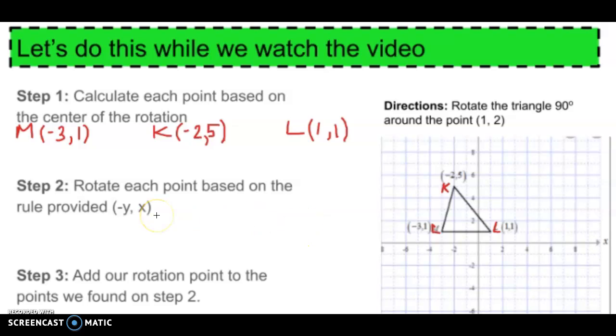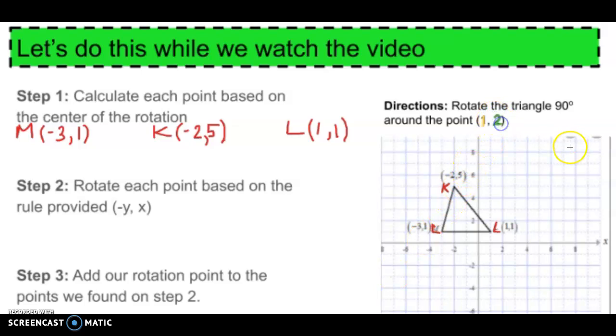All right, so let's look. How do we rotate a triangle 90 degrees counterclockwise around the point 1, 2? The first thing that I'm going to do is I'm going to label my point 1, 2